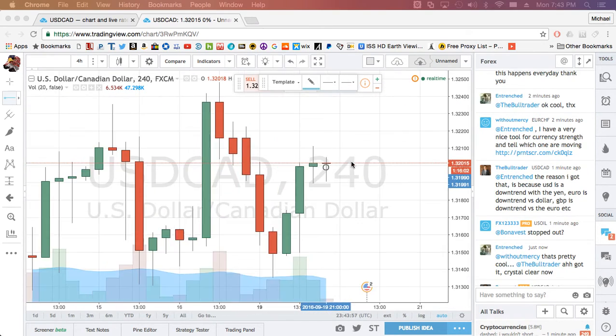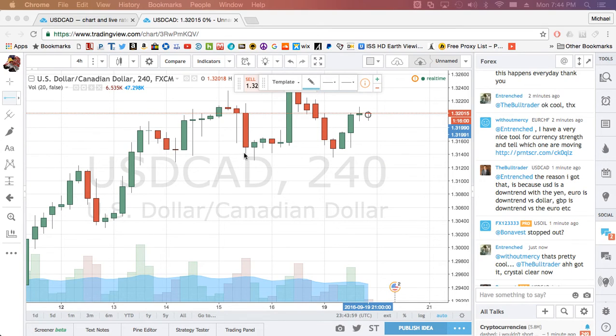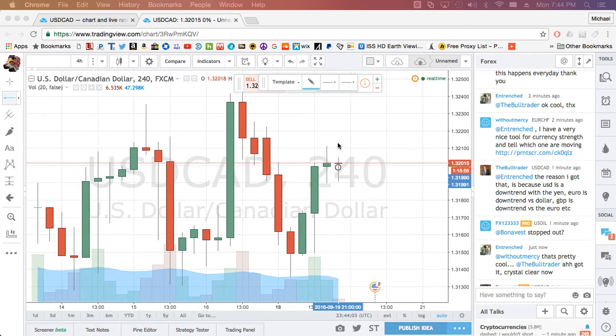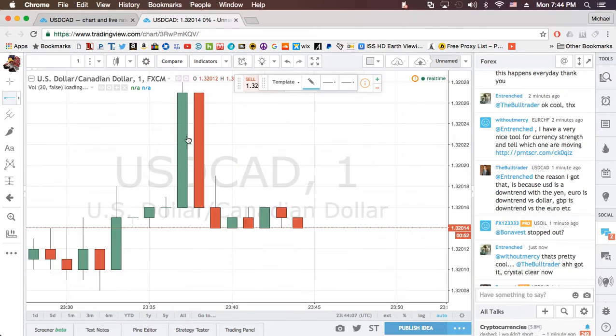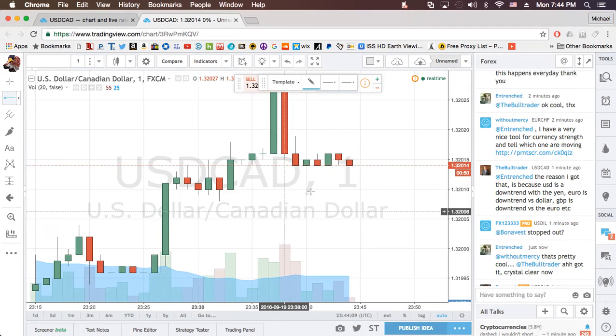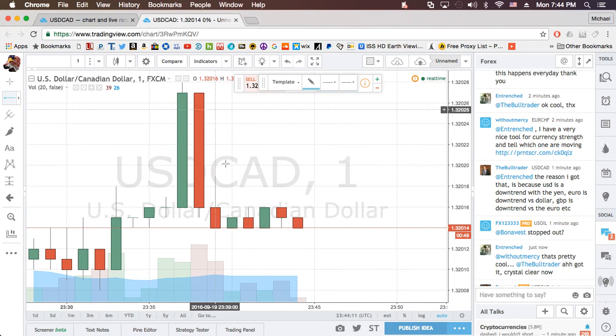Yeah. When you do a 4-hour chart, it's a 4-hour candle. When you change it to 1 hour, then the candles become 1 hour. Each one of those bars represents 4 hours, Dobbs. Okay, 4 hours of elapsed time. See the little wicks? That's where the pair touched, but it didn't stick.